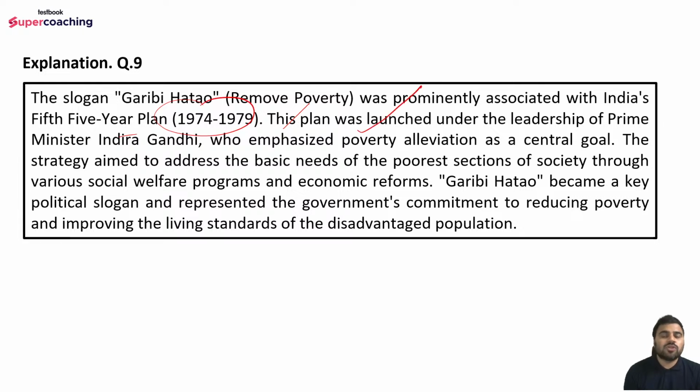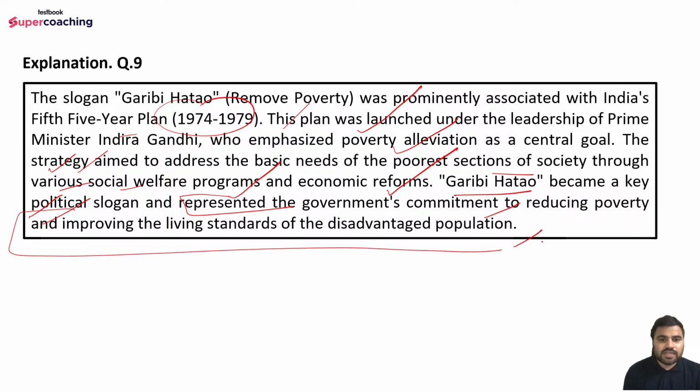This plan was launched under the leadership of Prime Minister Indira Gandhi, who emphasized poverty alleviation as a central goal. The strategy aimed to address the basic needs of the poorest section of society through various social welfare programs and economic reforms. Garibi Hatao became a key political slogan and represented the government's commitment to reducing poverty and improving the living standards of the